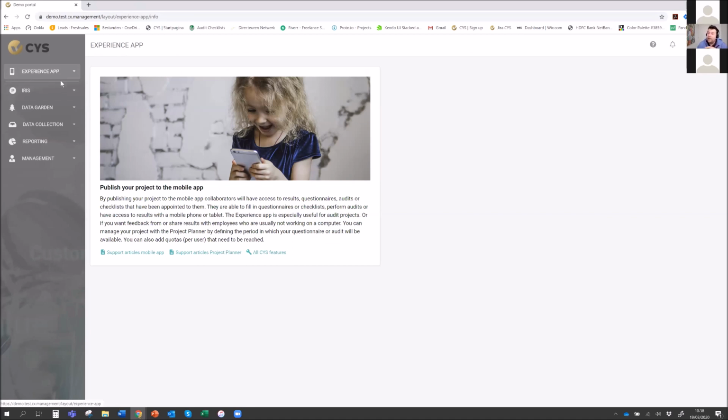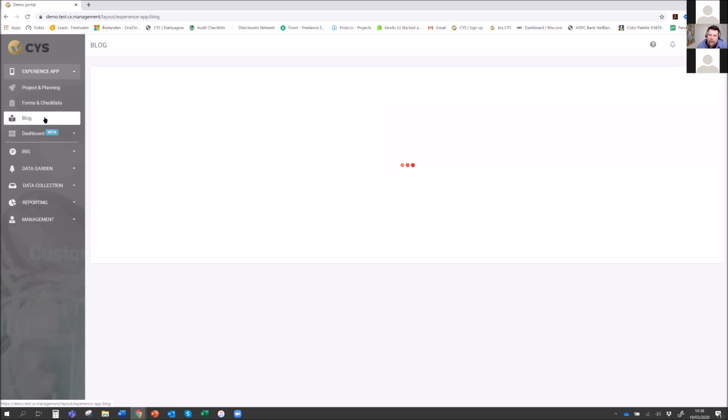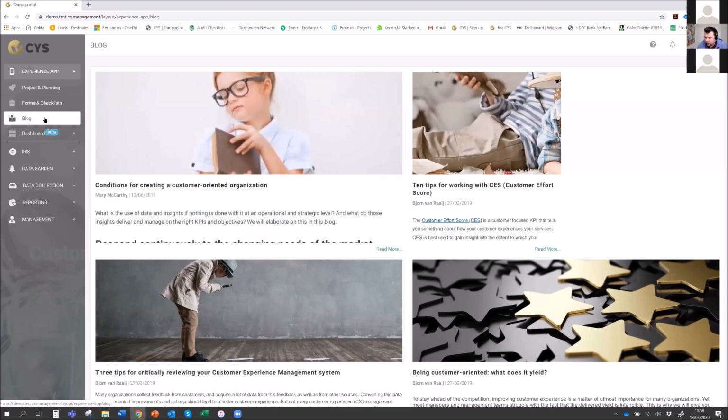There's a completely different pricing for collaborators. These are people who want to work with you on research, but don't manage the research. They can log in, look at reports, and work on projects, filling in questionnaires, for example, for audits or as employees. You can conduct audits that are planned in some frequencies. You can also add simple forms and checklists, and they can fill these in. You can write blogs to the people, and they can read the blogs about what's going on in your